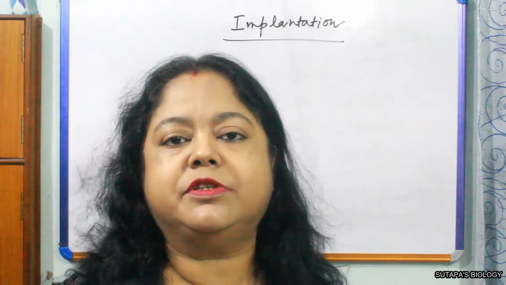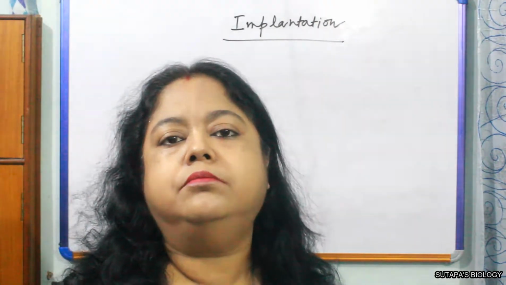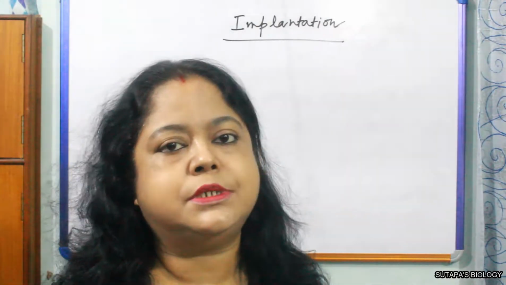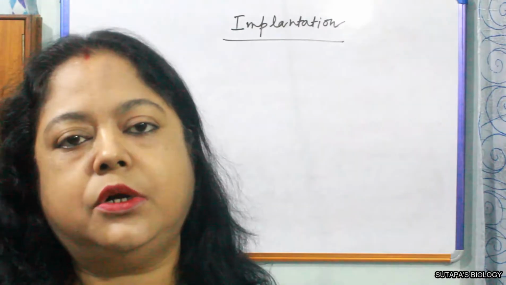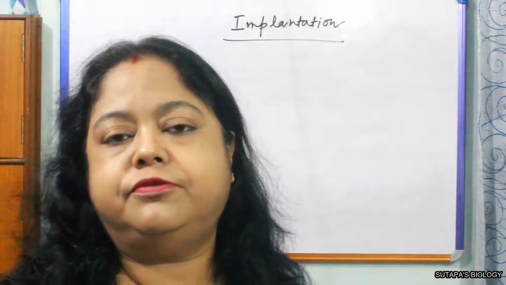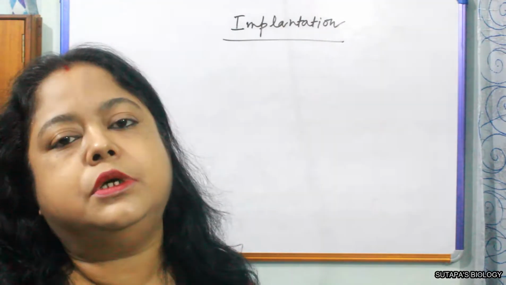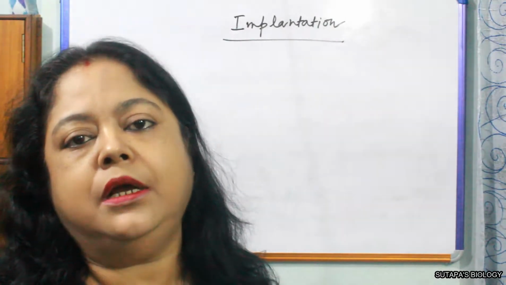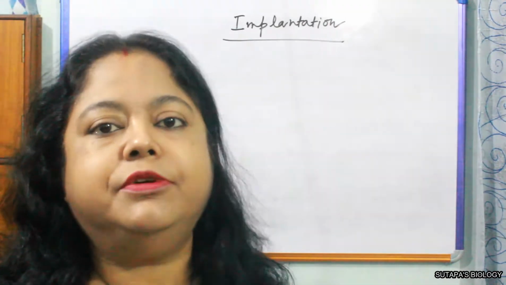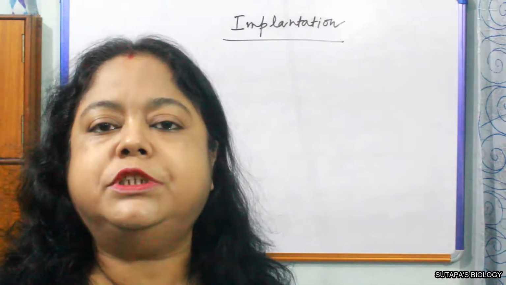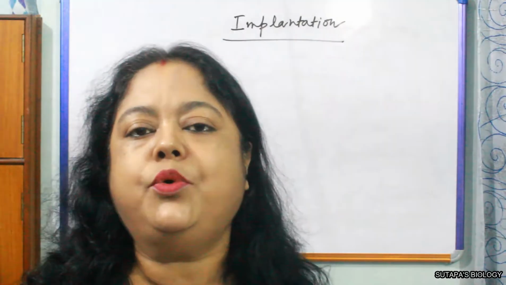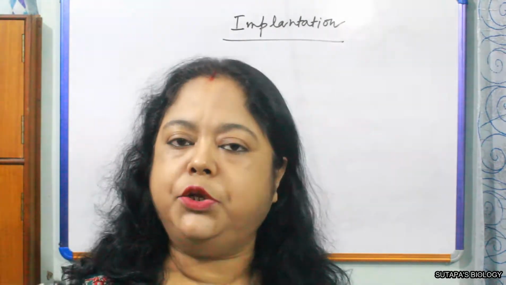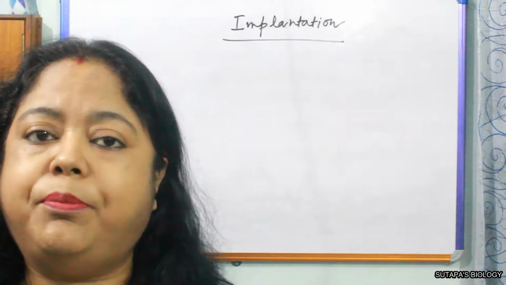As endometrium is a very vessel-rich layer, it's related with the menstrual cycle also, we know, and due to the breaking of the endometrium, the extra growth of the endometrium without fertilization, at that time the bleeding takes place by breaking. So it's a vessel-rich layer which gives nutrition to the developing embryo. So the embryo gets implanted in the endometrium of the uterus, and it's a very important thing.